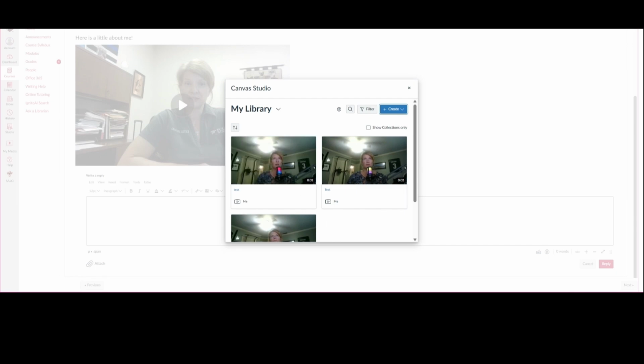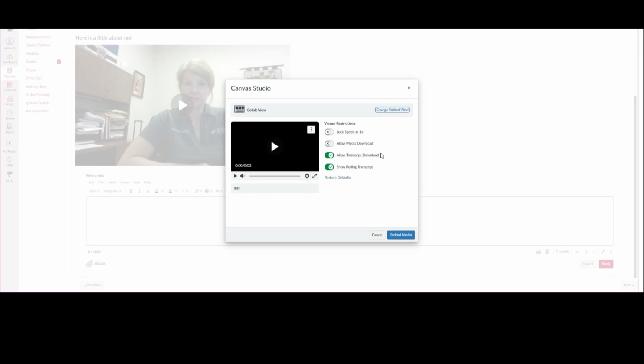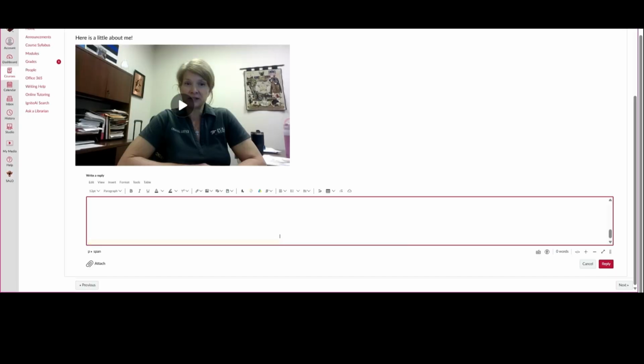Now, before you submit it, you're going to click on Collab View, and you're going to make sure that Allow Transcript Download is ticked green. Your professor requires that you have a transcript to make this course accessible to all students. So you will make sure that that is clicked green, and then you will click Embed Media. It'll go ahead and put your video right in your discussion post, and all you need to do is click